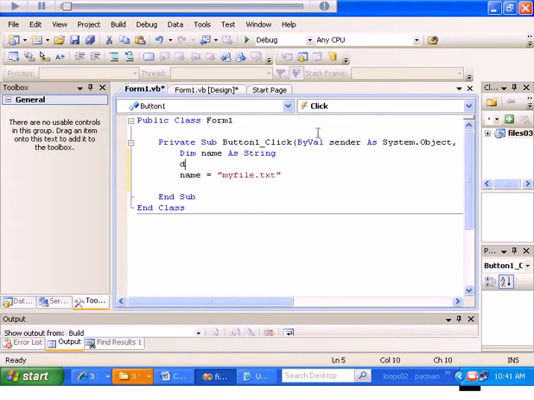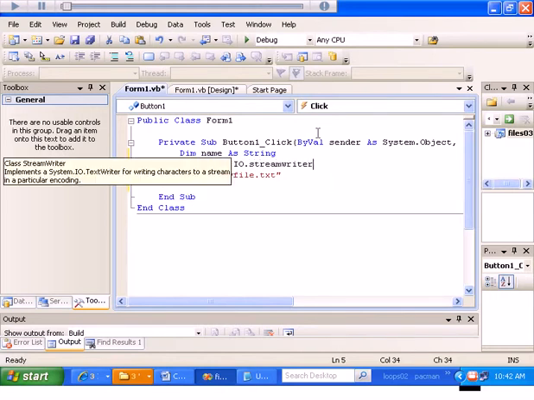Obviously, it's Dim. Since it's a file write, how about if we just call it SW for stream writer? What's my next word going to be? As. That's really good. IO dot stream writer. We're putting this together by getting hints from Visual Basic. Is equal to,